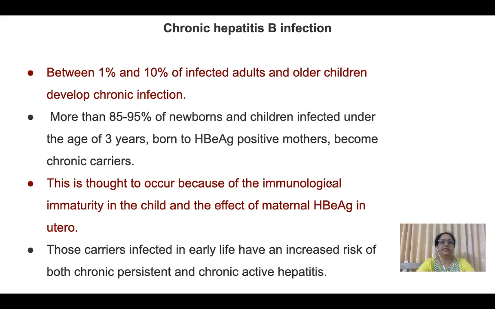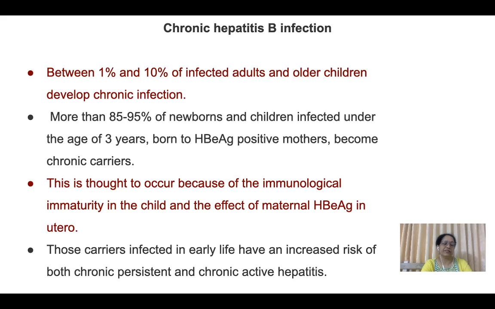Now let's see in detail chronic hepatitis B infection. Between 1 and 10% of infected adults and older children develop chronic infection. More than 85 to 95% of newborns and children infected under the age of 3 years, born to HBe antigen positive mothers, become chronic carriers. This is thought to occur because of the immunological immaturity in the child and the effect of maternal HBe antigen